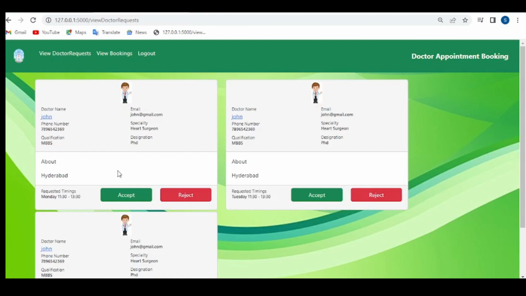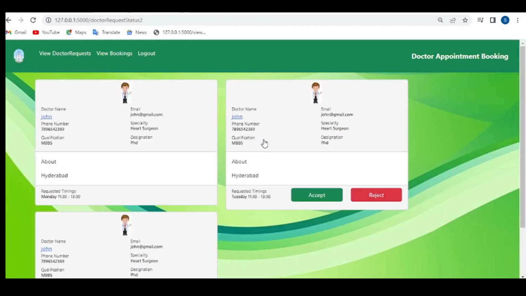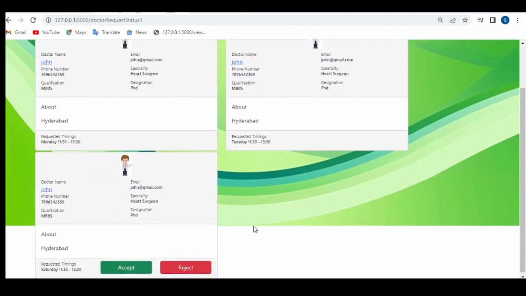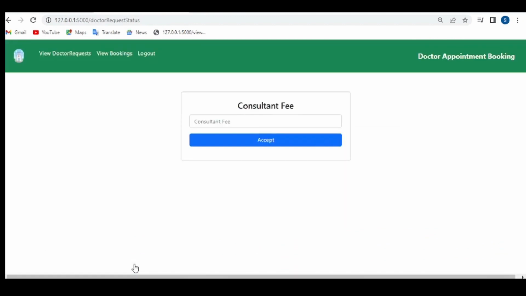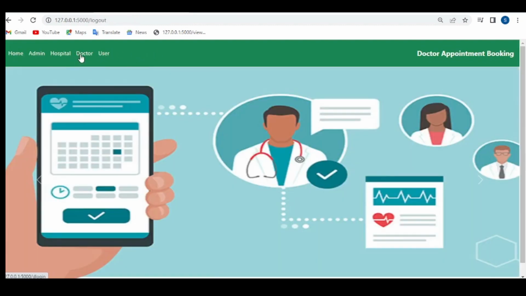If the timings are okay, then the hospital accepts their request. I can accept these requests. Consultancy fee 500. Accept. And I can reject these requests and accept these requests. Consultancy fee 700. Accept. And log out. Log into the doctor